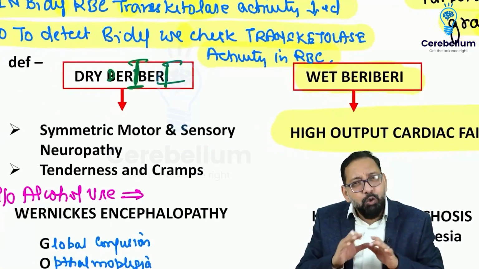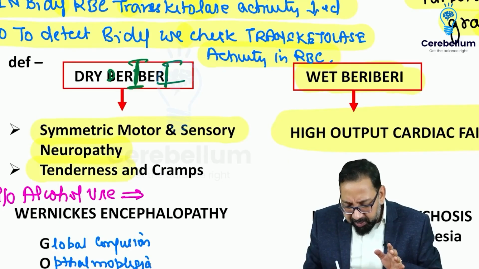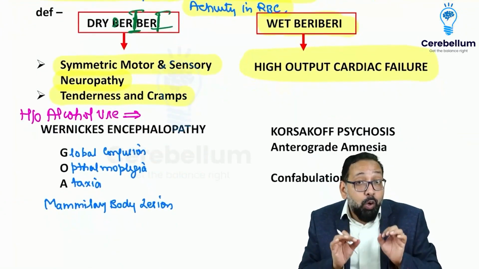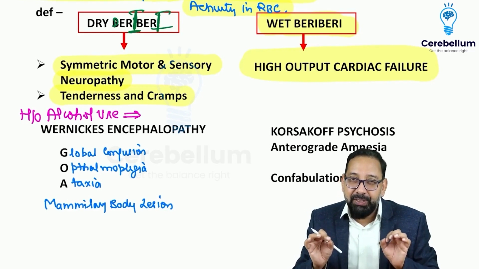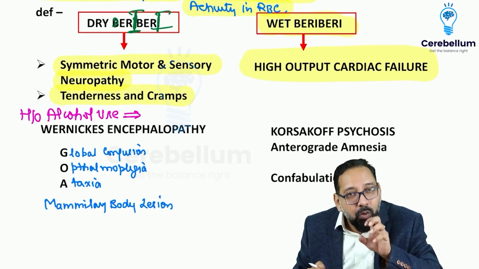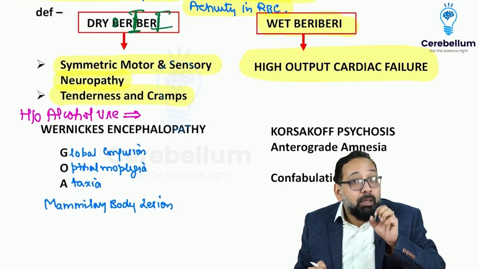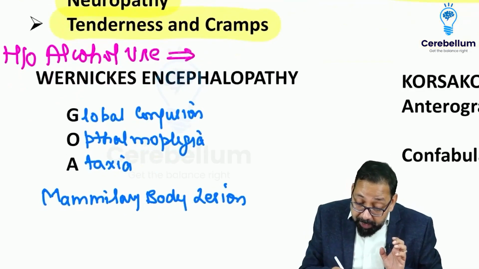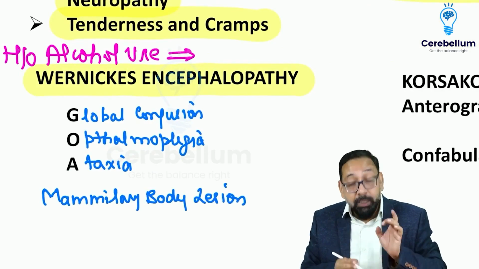Dry beriberi, neurological symptoms would be there: symmetric motor and sensory neuropathy, tenderness, cramps are there. And we know that alcohol use, chronic alcoholic patients are having B1 deficiency. Alcohol is a very important cause of B1 deficiency. Alcohol inhibits absorption of vitamin B1. And due to this B1 deficiency, we found that there may be an acute precipitation complication, Wernicke's encephalopathy, in which the symptoms